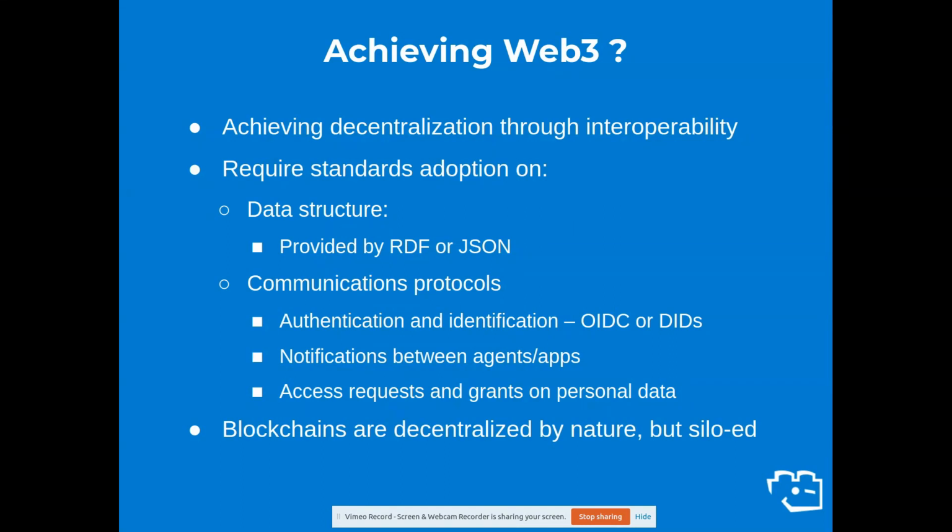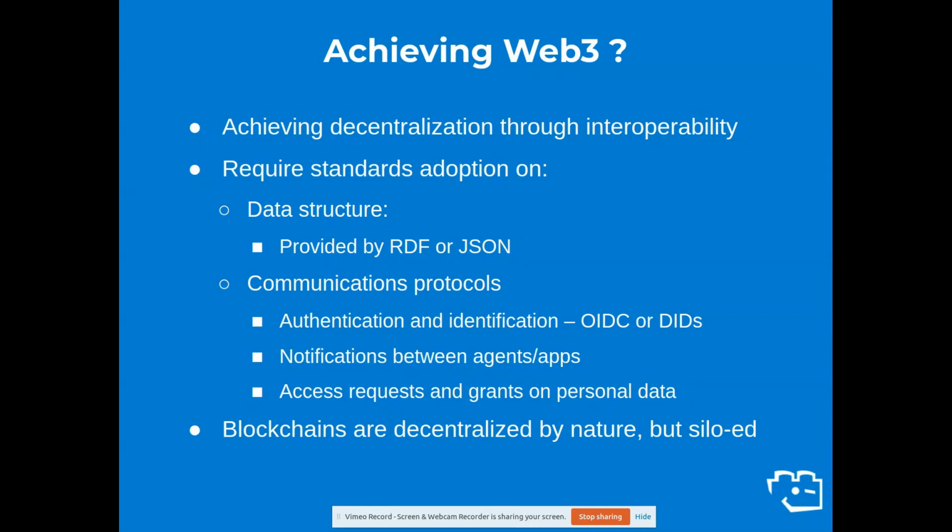The third thing is access requests and grants. If you consider personal identity borne by any kind of system and the personal data can be stored everywhere, could be on databases, it could be on Solid pods, it could be on blockchains, then you need a standard adoption on how you manage applications to ask for access on those data, and how you grant access on those data application per application and at a granular level. So those are also standards which are really important and are the foundation of the next